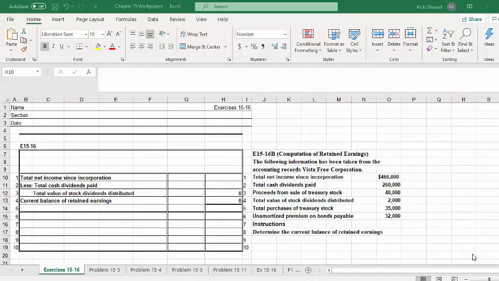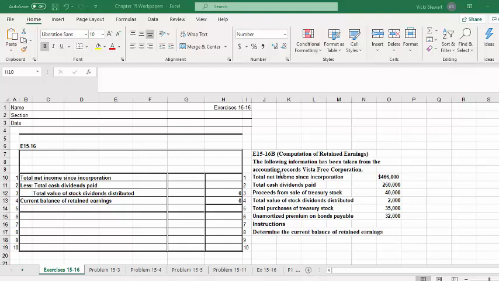This is a demonstration of exercise 1516B, computation of retained earnings. The following information has been taken from the accounting records of VistaFree Corporation, and the problem lists several items starting with net income and going through this list to determine, as it states in the instructions, the current balance of